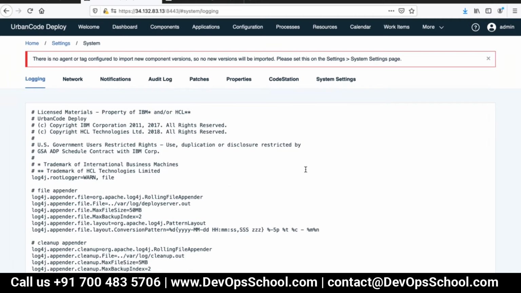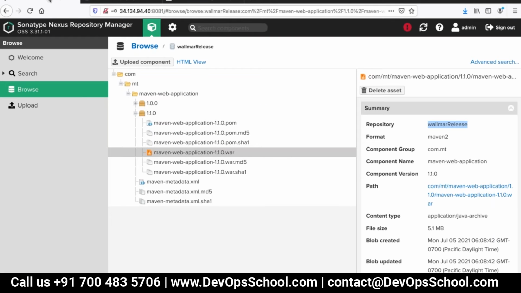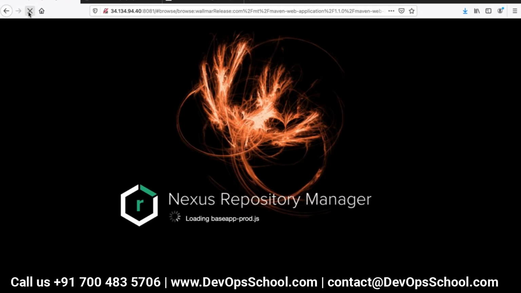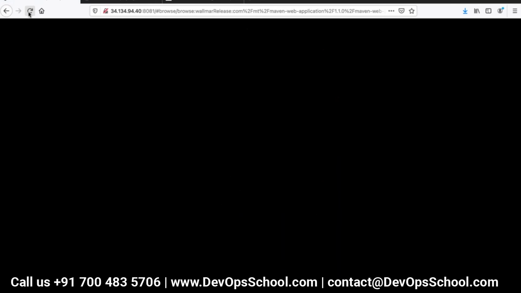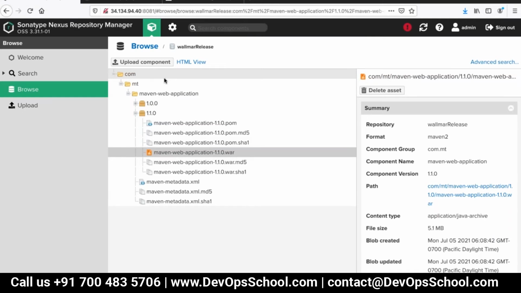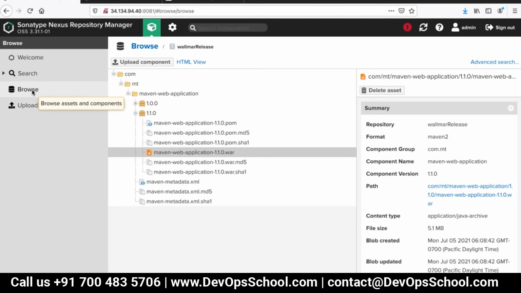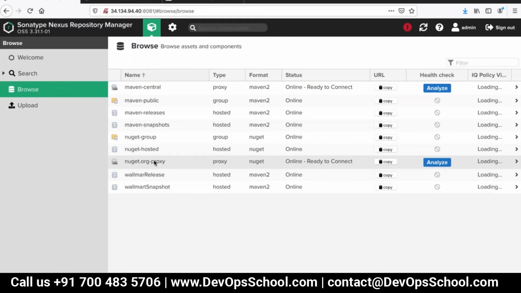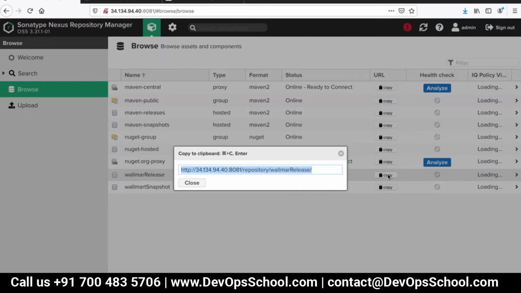I think we have to keep the repository name as com something. Go to the Nexus repository name. Click on the browse button, see the repository.